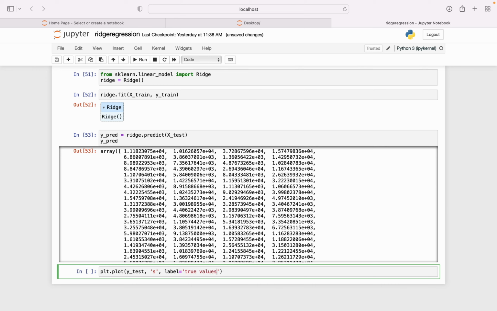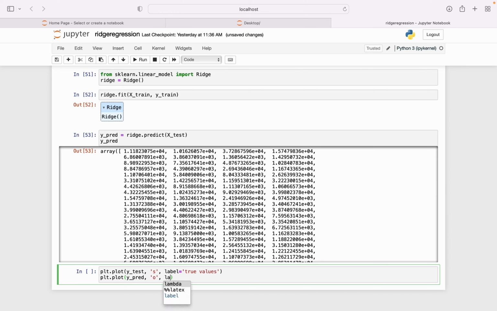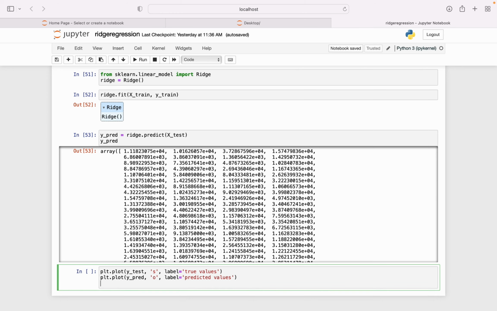Similarly we also want to plot the predicted y values, or the predicted insurance costs by our model. Predicted values, and we